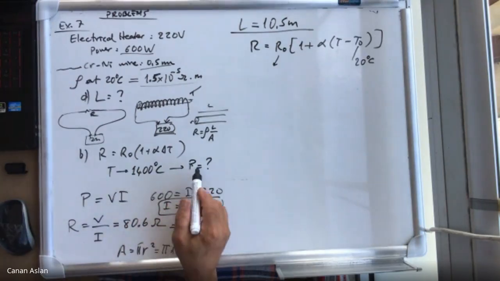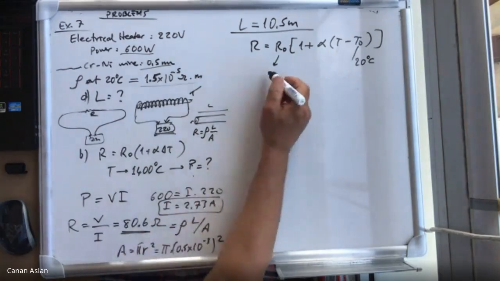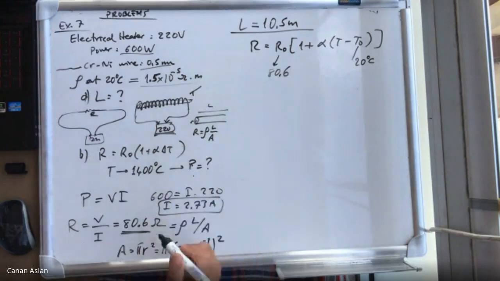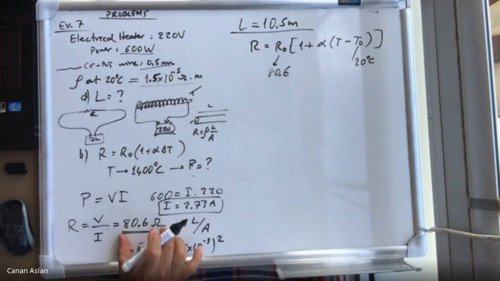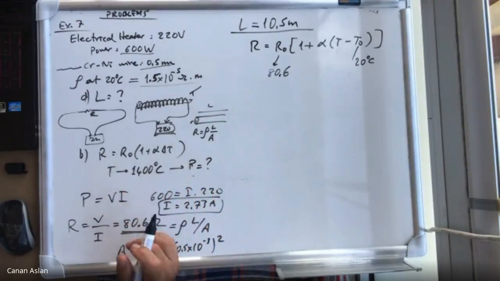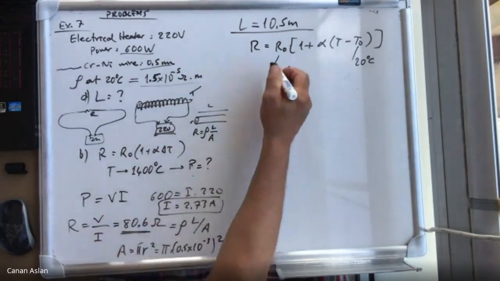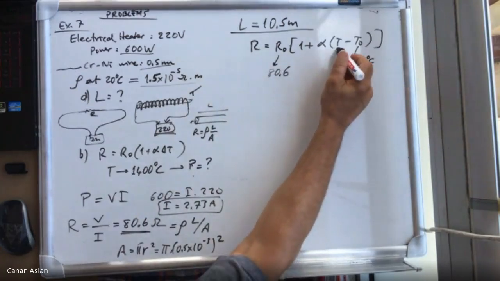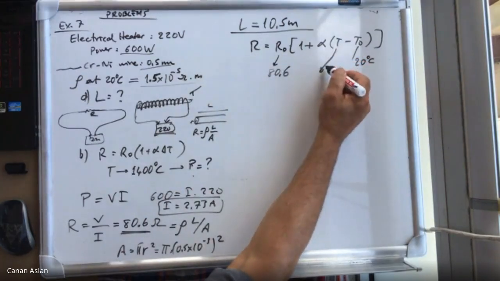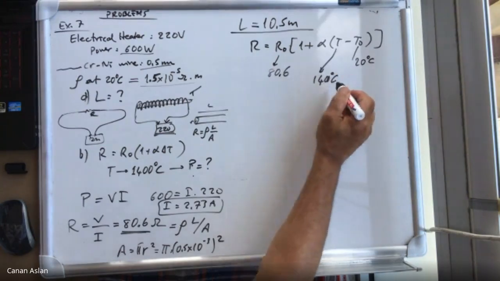Which was just the previously found result, 80.6. Okay, so we start from this and then increase the temperature to 1400 degrees Celsius. And then, we would like to find the resulting resistance, okay? So if the temperature increases to 1400 degrees Celsius, okay,